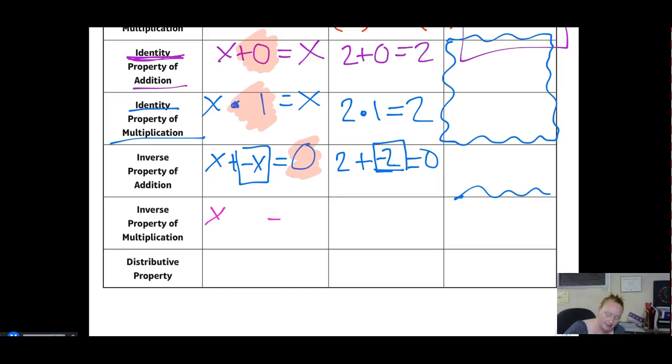So if I start with x and I need to get to 1, the reason why I know I'm looking for 1 is because I highlighted that 1 over here in that identity property. Okay, so I'm looking for that 1 again over here. So I start with x, and I'm looking for multiplication because it asks for multiplication. And I'm looking for something that's pretty much the opposite of x. And the way we do that with multiplication is with a fraction called 1 over x. So 2 times 1 over 2